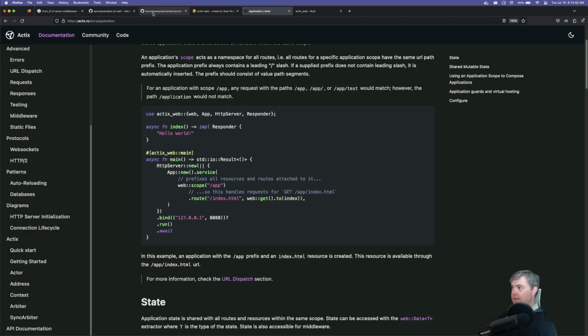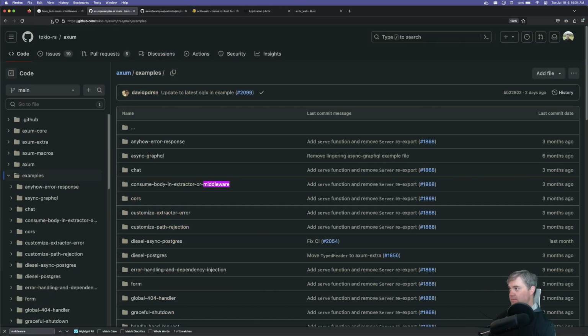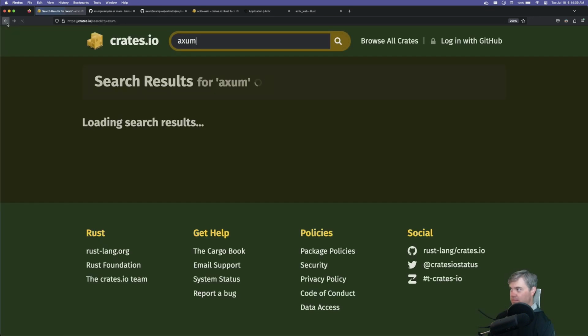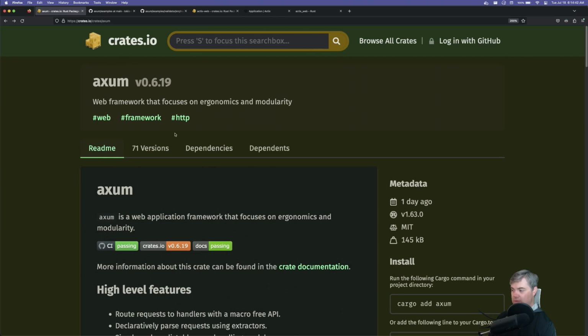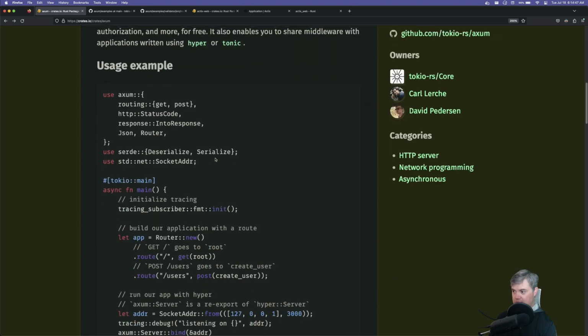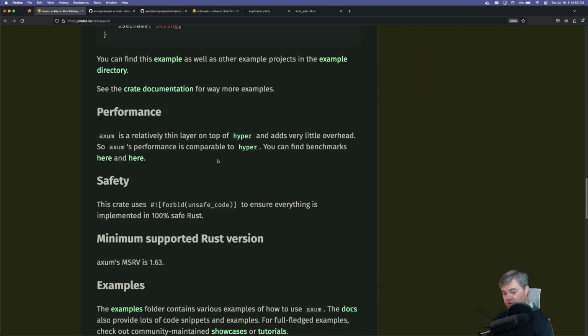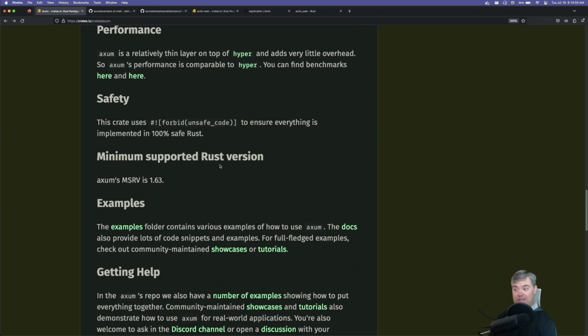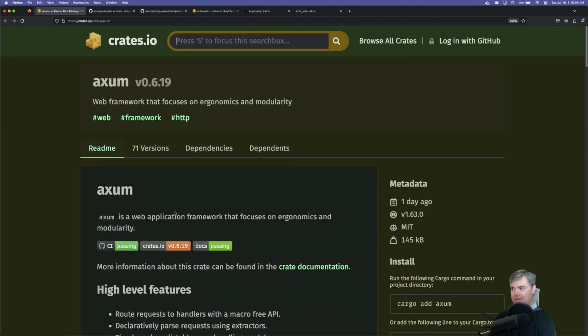Axum does not have a website, and therefore no tutorial, like no official tutorial to find. So you have to look for ones like tutorials that people like me have created. So it's all community maintained. So there's no official one. The examples folder that they have,